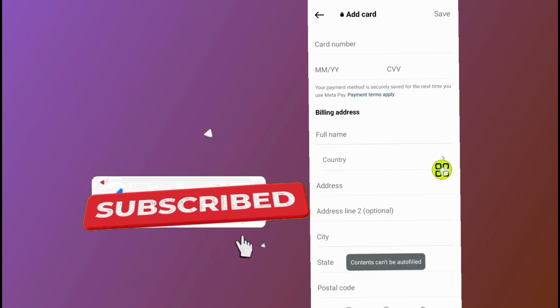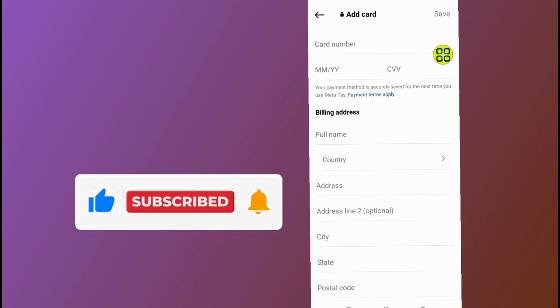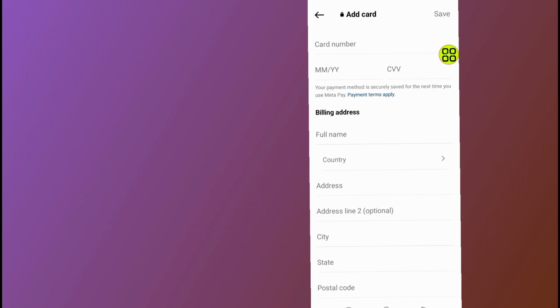All you have to do now is go ahead and fill in your credit card information and tap on this Save button. That's it, guys, on how to add a payment method in